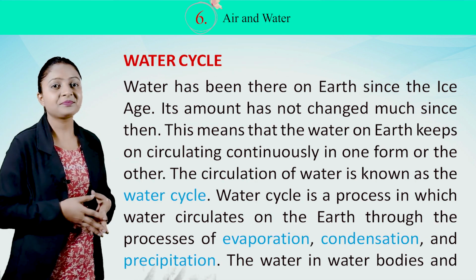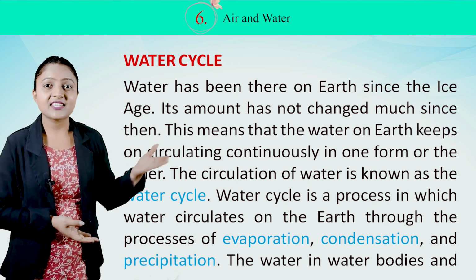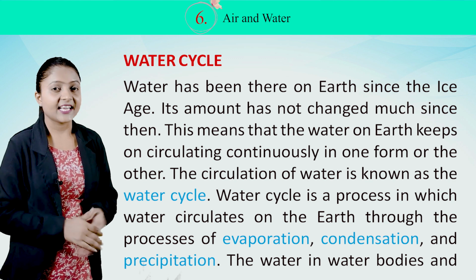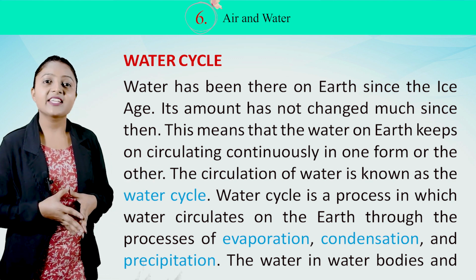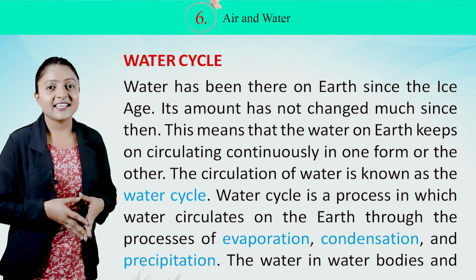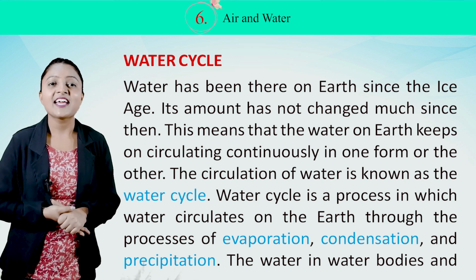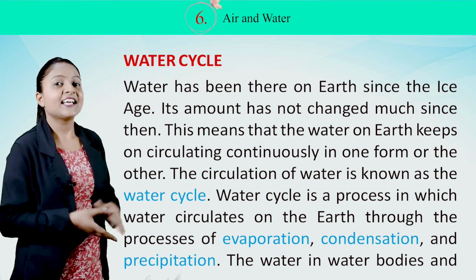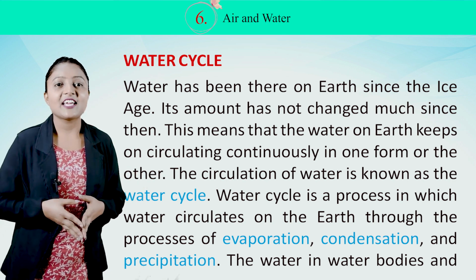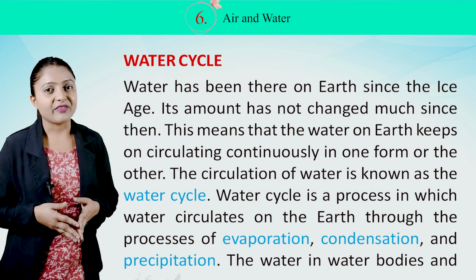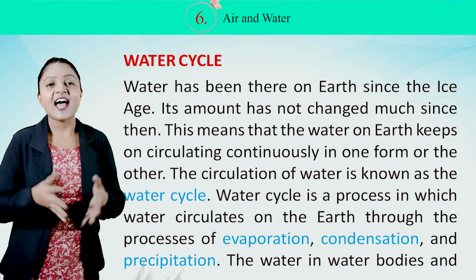Water cycle. Water has been there on Earth since the Ice Age. Its amount has not changed much since then. This means that the water on Earth keeps on circulating continuously in one form or the other. The circulation of water is known as water cycle. The water cycle is a process in which water circulates on the Earth through the process of evaporation, condensation and